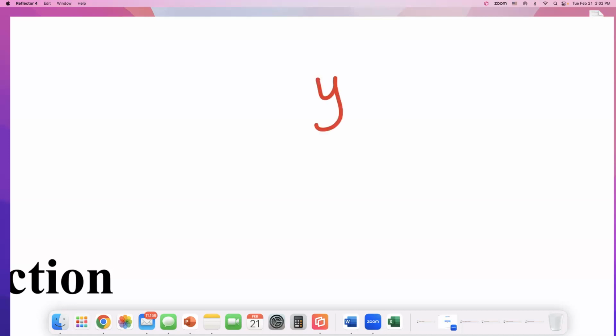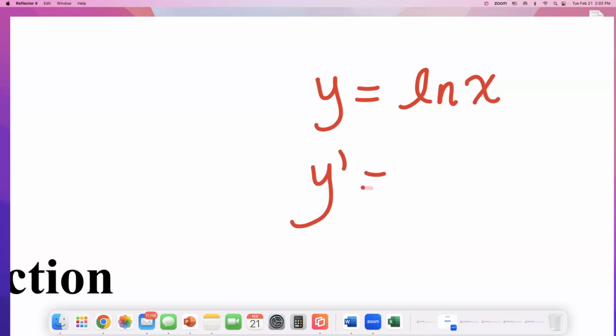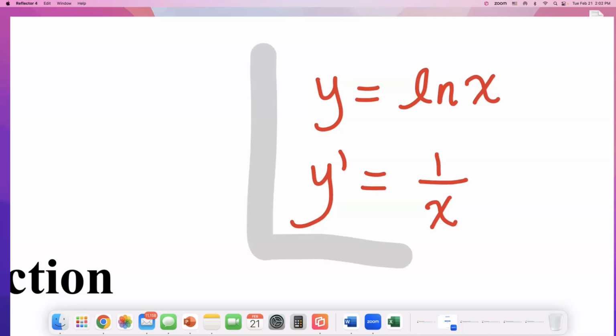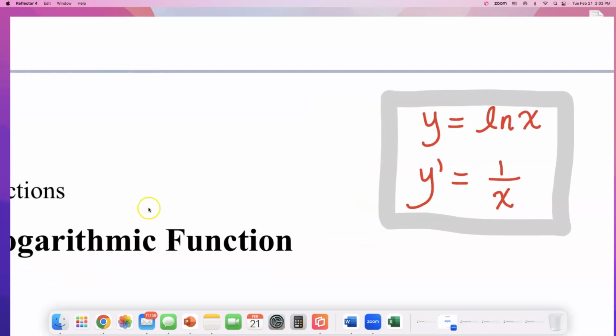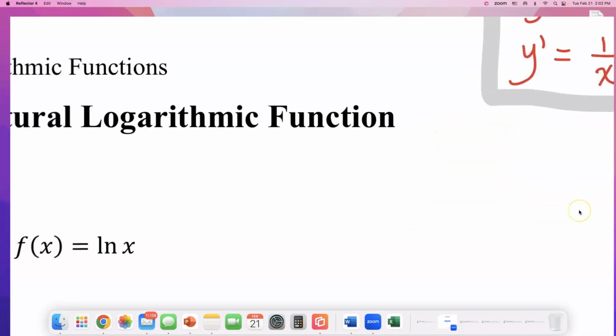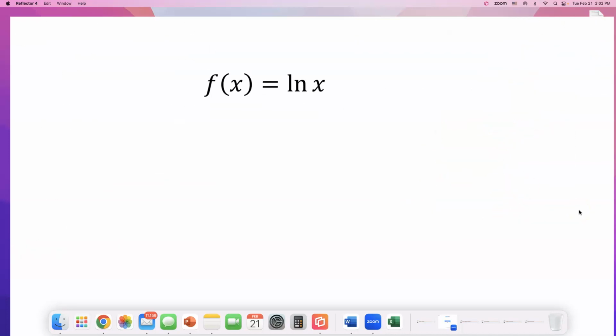If y equals natural log of x, then y prime, the derivative of natural log of x, is 1 over x. This is what I want to prove in this video, okay? Using what we just talked about in the previous section. Y is the derivative of natural log of x, 1 over x, okay? So take a look. Let's just say that we have a function f of x that is natural log of